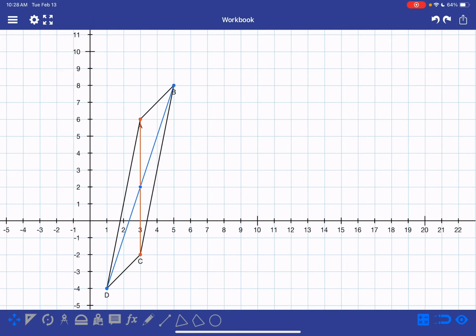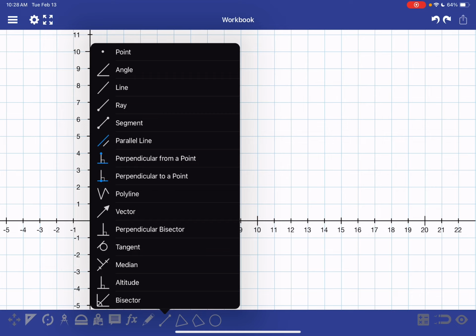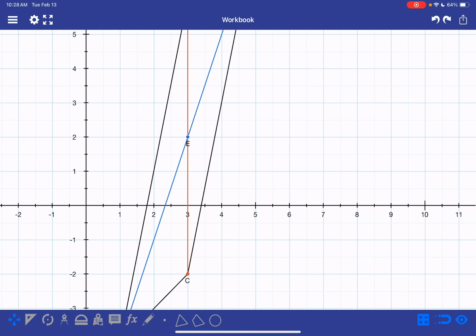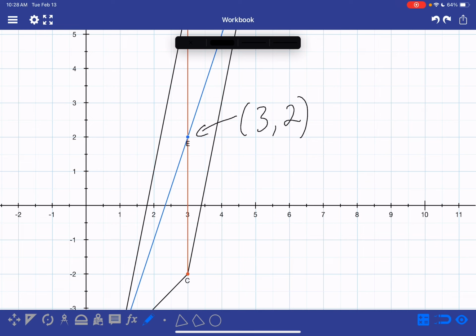There it is. And I can definitely now see my point E that happens to be at 3, 2. Exactly the point that we said it was going to be. That's the coordinate 3, 2. So that would have been a lot easier way to solve this problem. Just do it graphically with Desmos, or graphically with the dry erase board provided in the classroom. That's the end of lesson